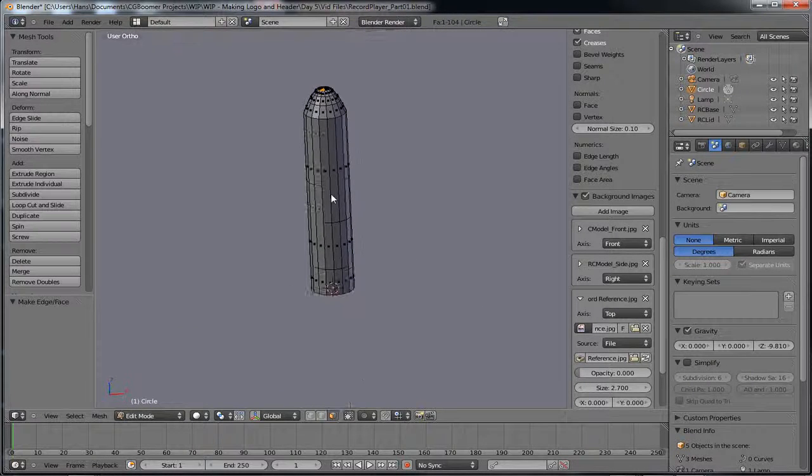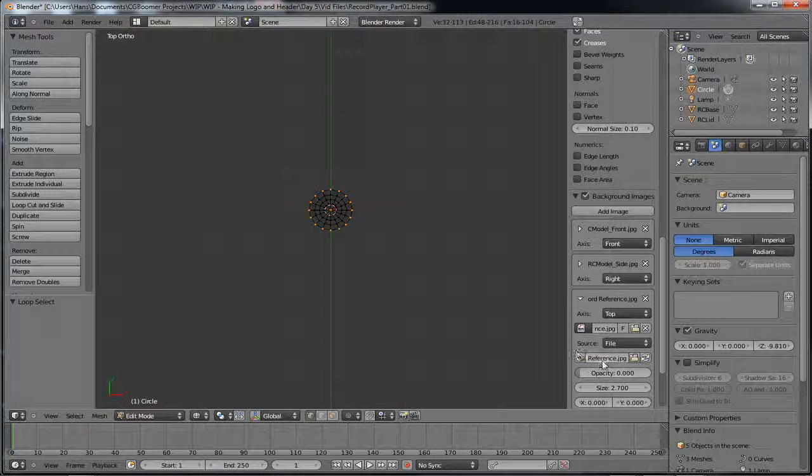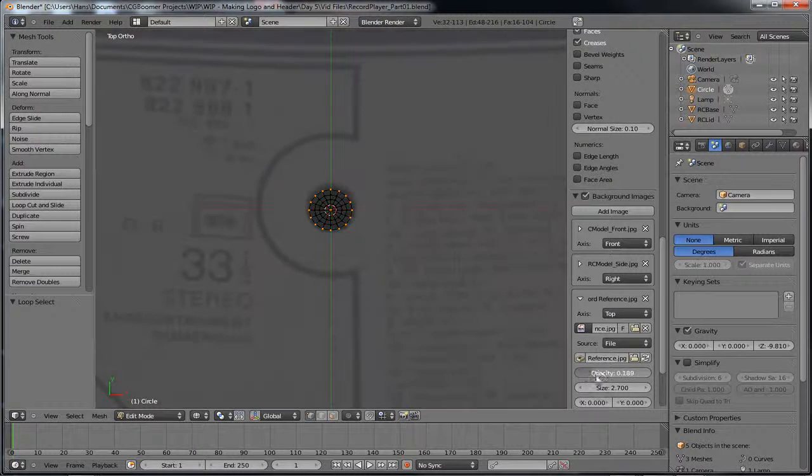Now I can zoom in here, go into vertex mode again. I'm going to hover my mouse right there. I'm going to hit Alt and left or right click. Then I'm going to hit Shift, Alt, right click, and now I've got all this selected here. I'm going to hit 7 on my numpad, go back into wireframe, find my record here, and I'm going to turn the opacity back up one more time,